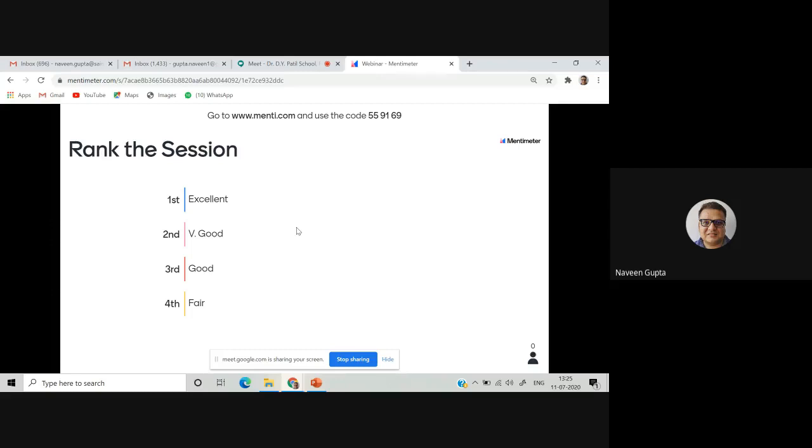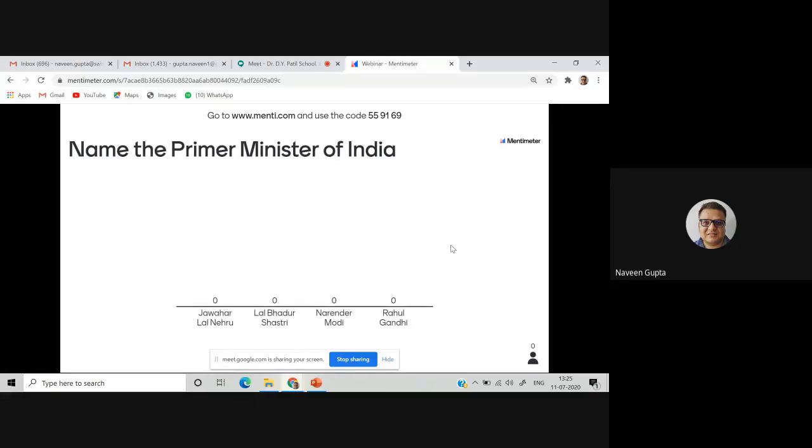That is the disadvantage, we can say, that you will not come to know who is answering, because somebody has already selected excellent. So when I need to change the question, I'll just change the question. Prime Minister of India, somebody can mark this as well, and whoever has marked, it will automatically show me the graph.